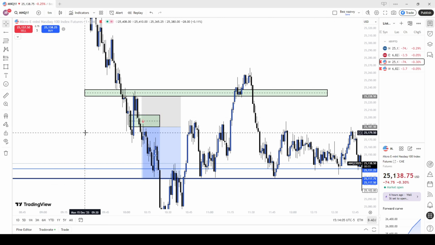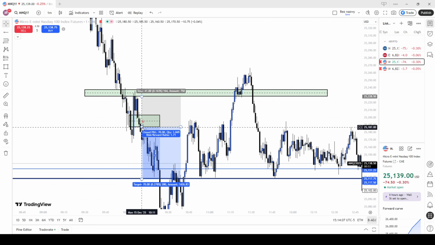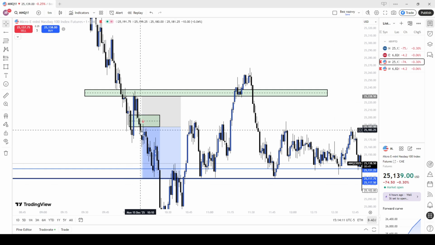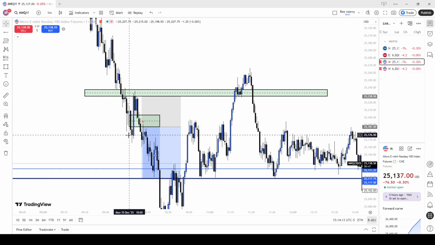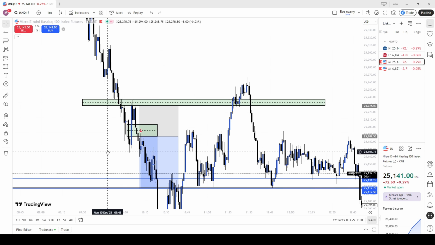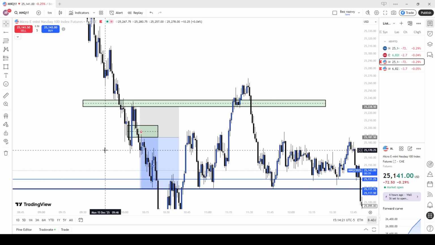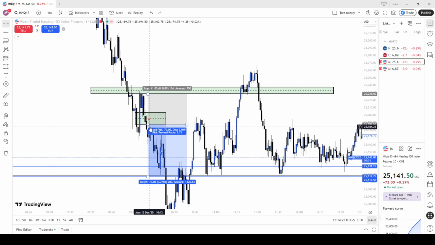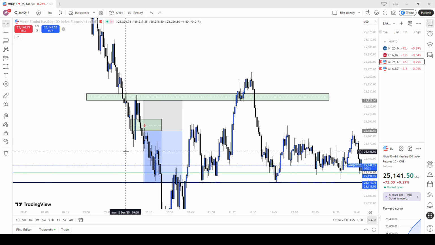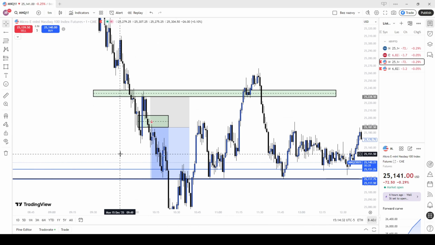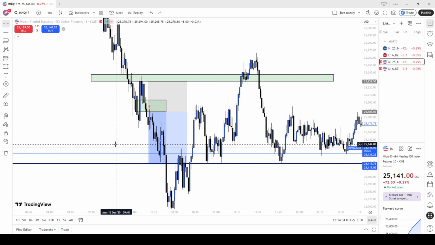I would say this is an amazing tip for anyone who wants to improve their win rate, because waiting for a rejection, whether it's for an IFVG or a simple down candle or up candle, depending on the trend, really takes out a lot of setups. It's a really simple tip, and yes, it decreases your RR, but I would say it's worth it by how much it